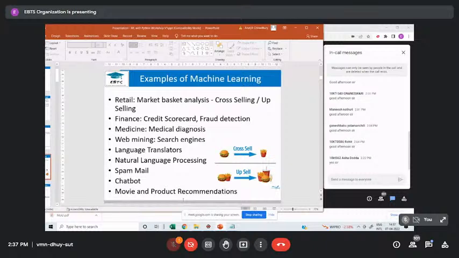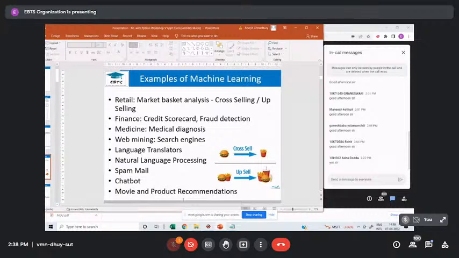Spam mail: to identify whether a mail is spam or not, based on the historic data, you have a machine learning algorithm which can predict whether a mail is spam or a normal mail, right? In financial services, you talk about fraud detection. If I have a banking transaction, all the banks capture your daily transactions.